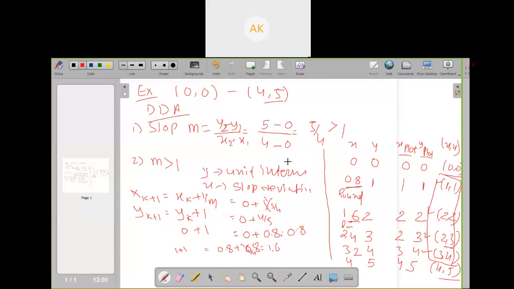Plot value is a round off. What? Plot value round off है क्या? How to find the round off? When you get the... No sir. Plot what? Value. Plot value. How to find plot value? I'm not able to understand what you are speaking. Please speak again. Hello. Please speak again. What you are asking?